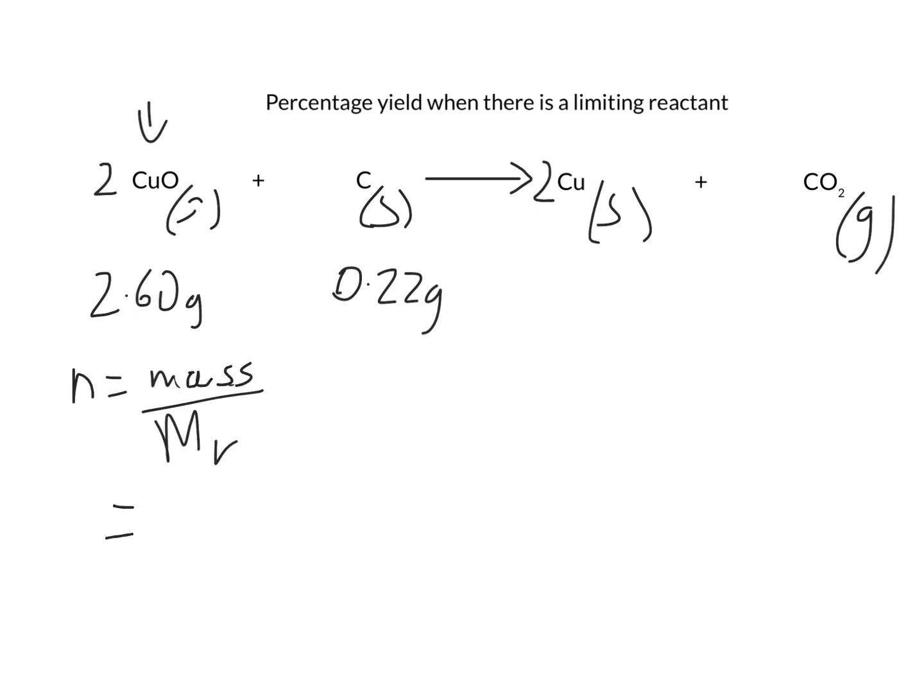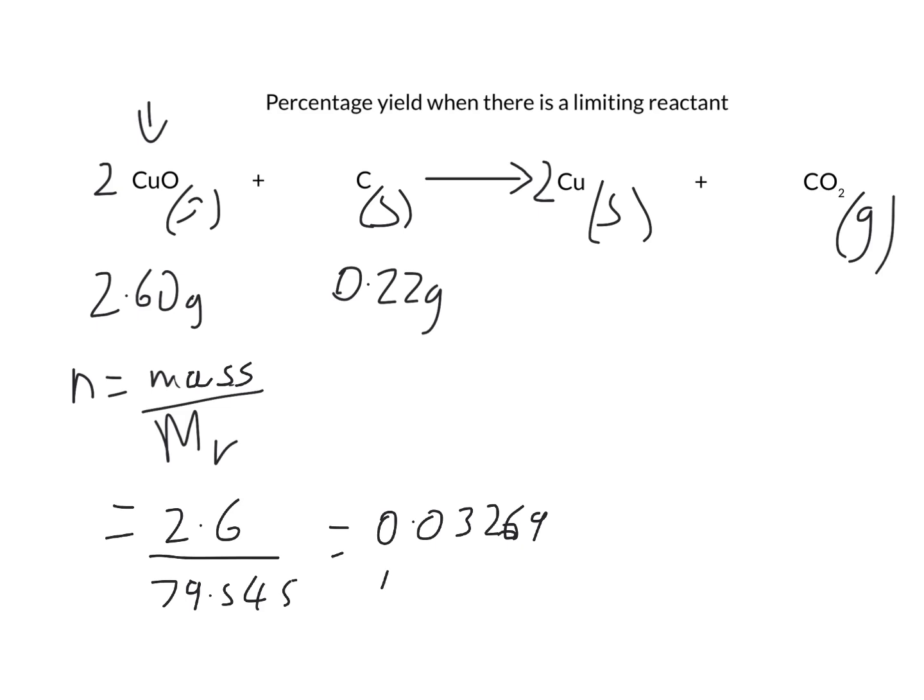Now, the molar mass of copper oxide, depending on the periodic table you use, will be slightly different, but I am getting a value of 79.545, and the mass in this case is 2.6 from the question itself. This gives us a value of roughly 0.03269. Okay, now the next thing we do based on this is we work out, based on this amount of